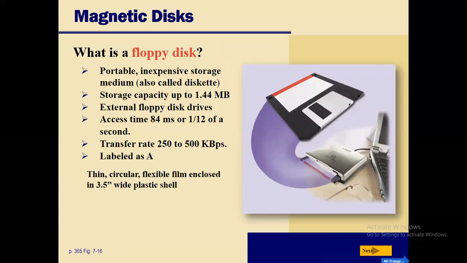Another one is the floppy disk. A floppy disk, also known as a floppy or diskette, is a type of disk storage composed of a thin and flexible magnetic storage medium sealed in a rectangular plastic enclosure lined with fabric that removes dust particles. Floppy disks are read and written by the floppy disk drive. It is a portable and inexpensive storage medium.